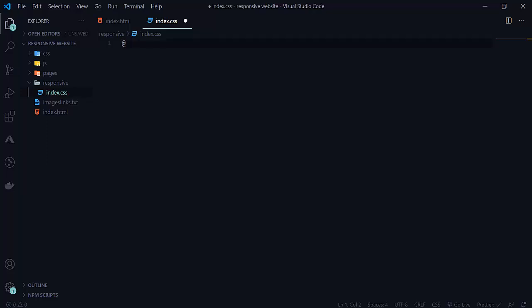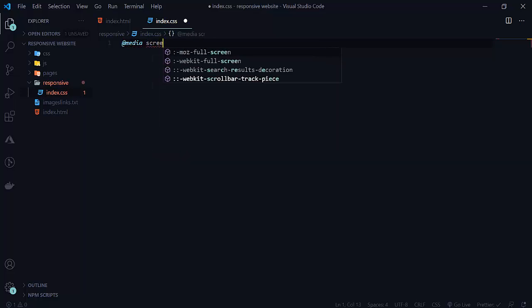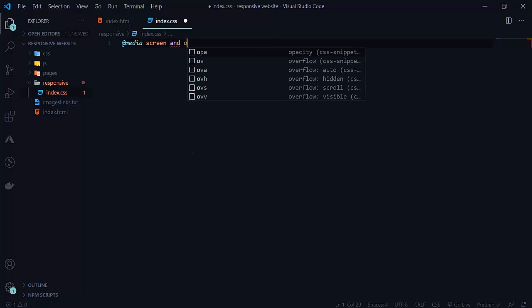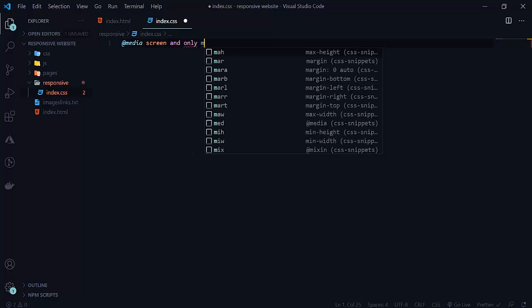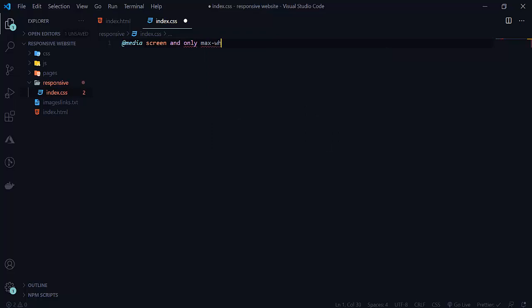We will write @media, then screen and only. We will use maximum width here, 1024 pixels.